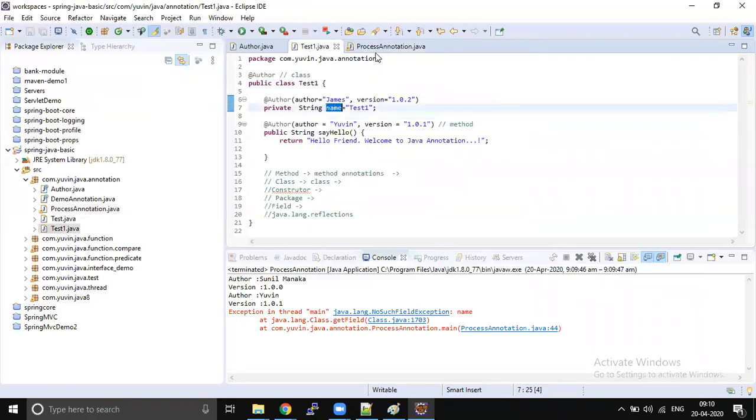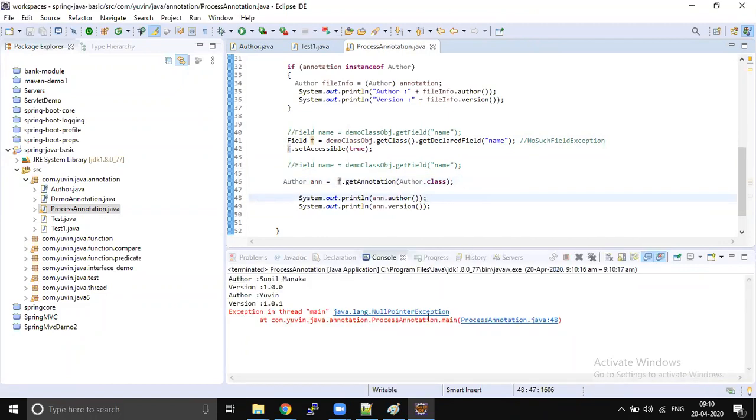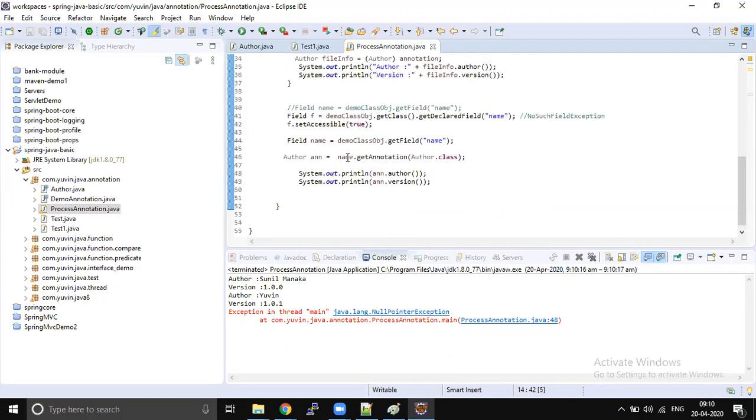It's a name only, right? Just class 1, correct only. The name we have.